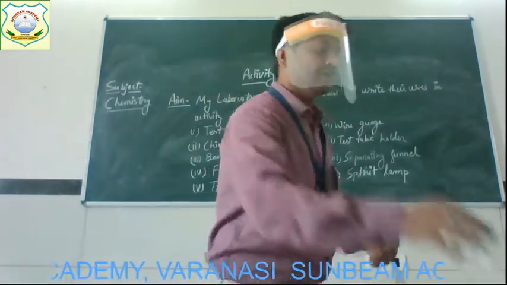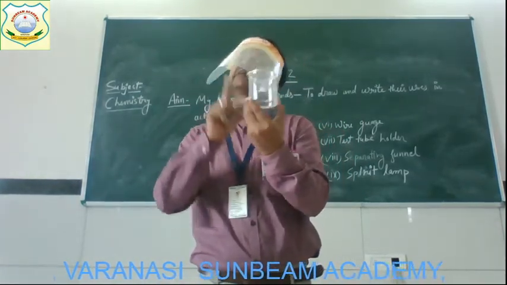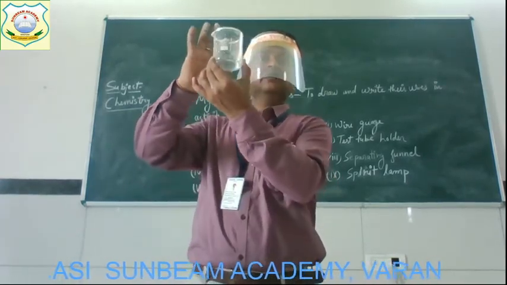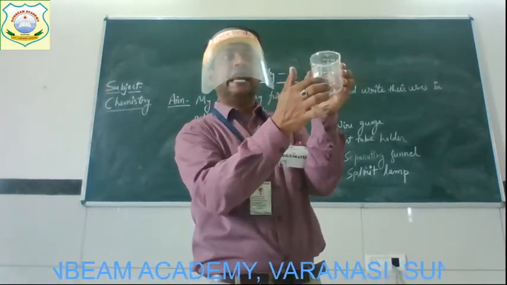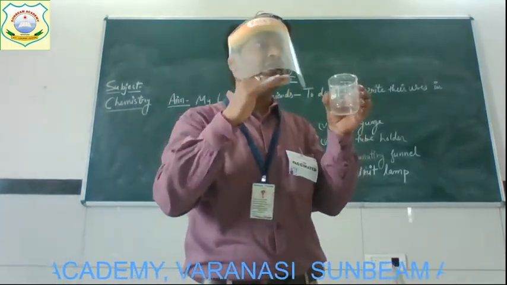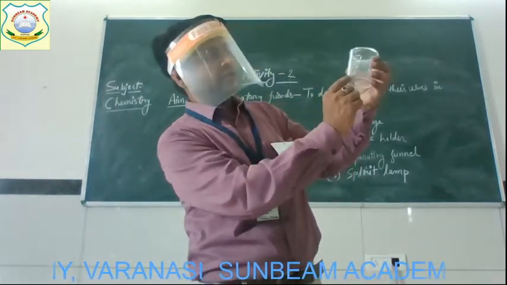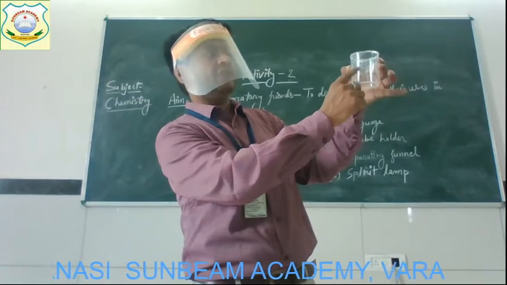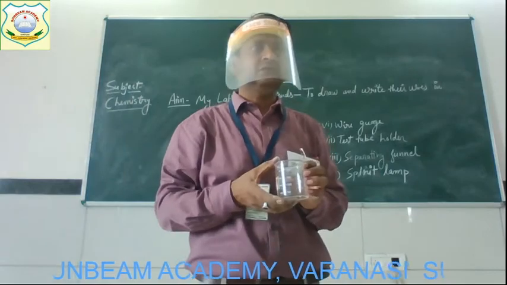Now the third is beaker. You see that here we have the beaker. This is made up of glass also, and plastic beakers are also used in the labs. It looks somewhat like a glass, a tumbler, but it has markings on it, and these markings help us to take the particular volume of any liquid in it, either water or any liquid. Just see that here the labeling is there: 50 ml, 100 ml, 150 ml, 200 ml and all.